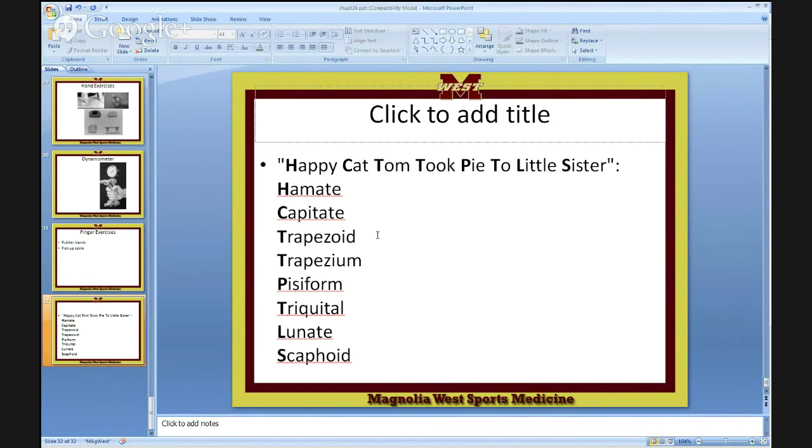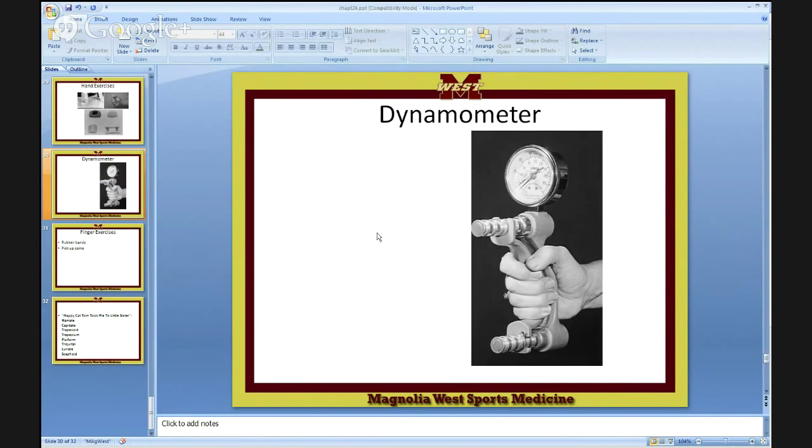Hamate, capitate, trapezoid, trapezium, pisiform, what's that? Triquetral? I think it's triquetral. Nice. Lunate and scaphoid. No, there's a trapezium. Is that what it is? Anyways, there they are. That's according to online and the whole 9 yards, and I just added it to that slide. All right, so